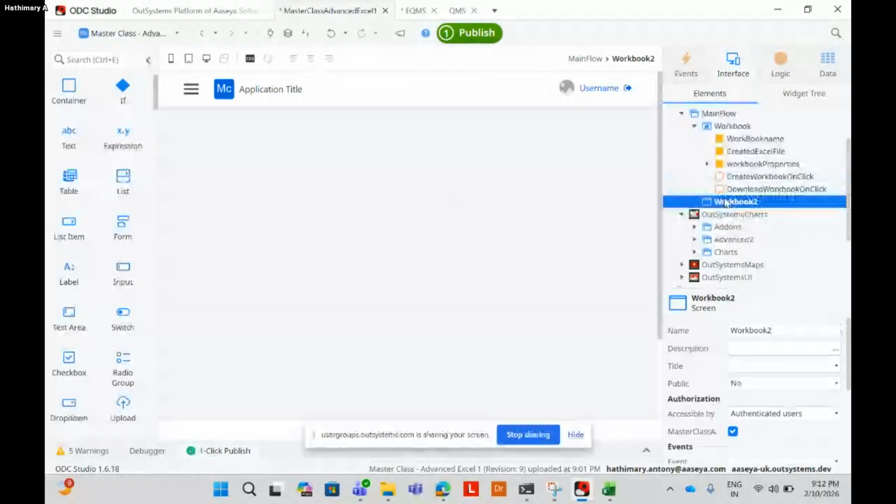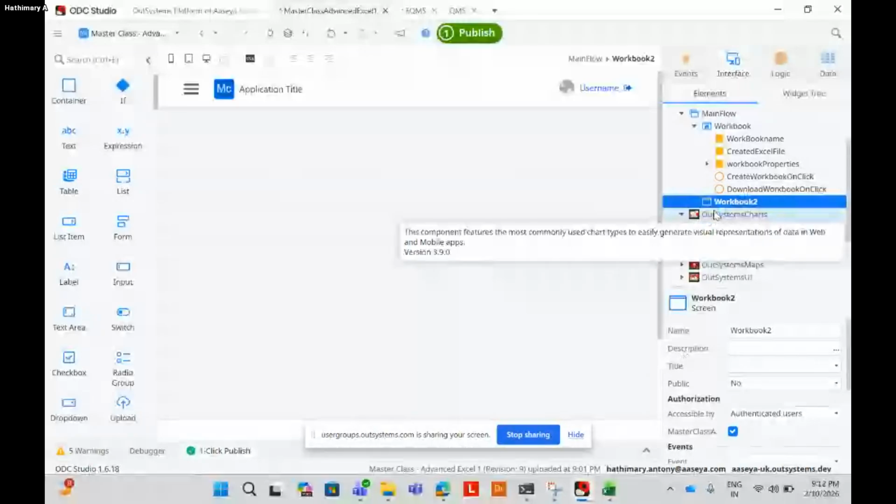So workbook. Imagine you want to create a workbook at runtime, and the user wants to enter different worksheet names. A workbook is an Excel file, and worksheets mean the Excel file can have multiple sheets, maybe 10 sheets or 5 sheets with different names.